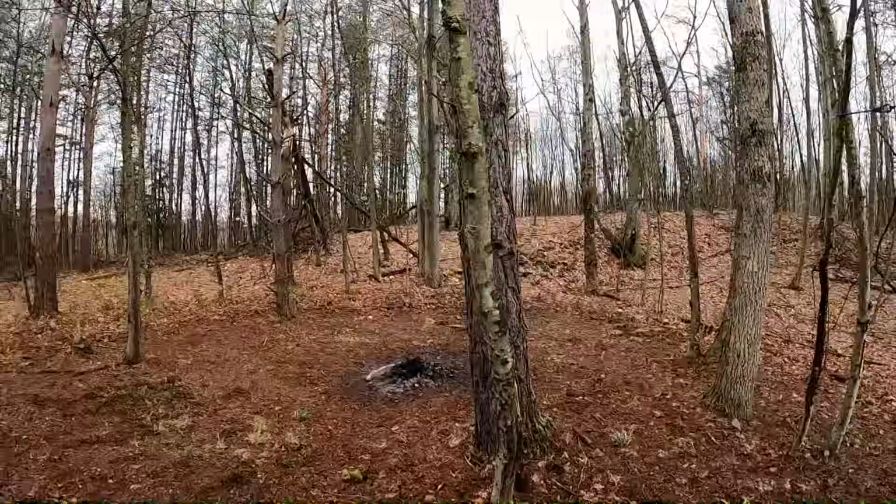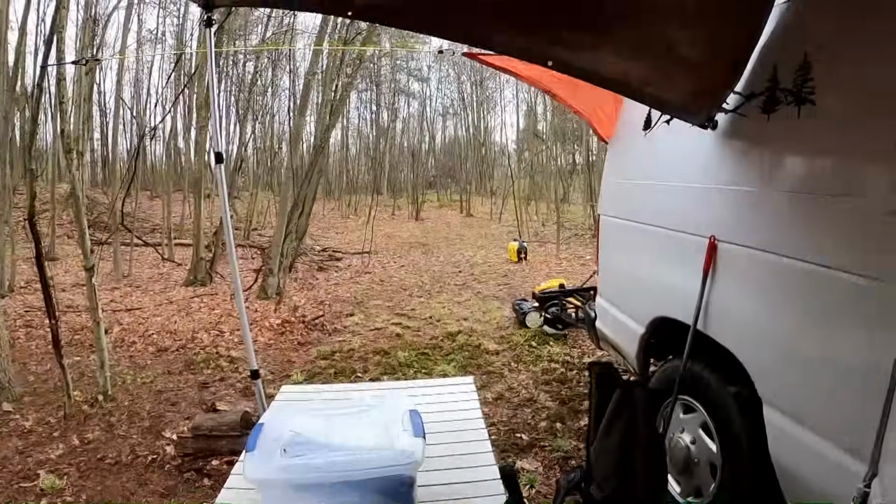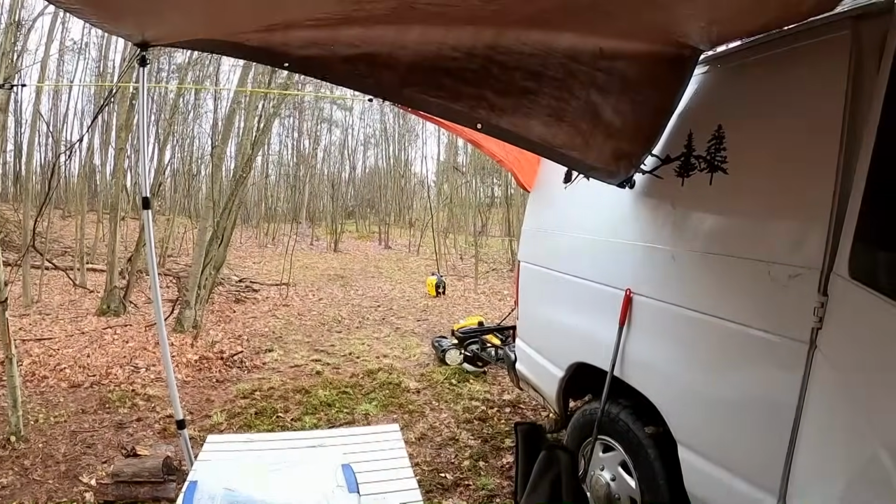Anyway, I guess I'll finish getting packed up. Well, we're gonna get out of here. And I am glad I brought everything that I did bring, even though I didn't use it, like even the toaster oven air fryer thing. I have crinkle cut French fries in the freezer. I was gonna make burgers. Oh yeah, I had the grill out. I didn't even use it. I was gonna have burgers and French fries, and that'd have been a great meal, but it's not what I ended up having. But I'm glad I brought everything and got the grill out, because packing up,